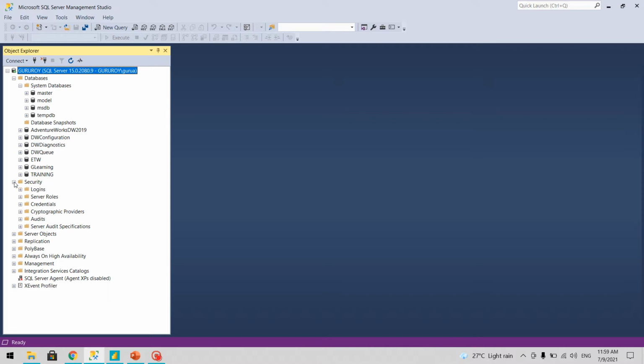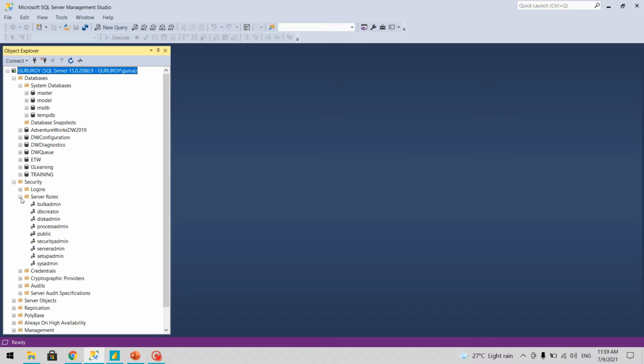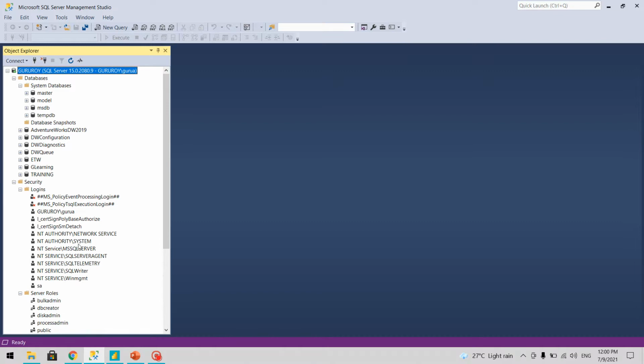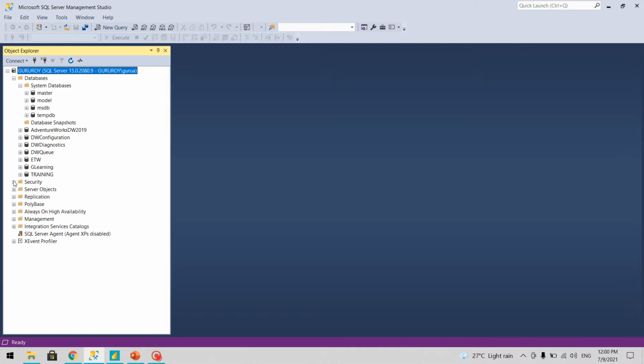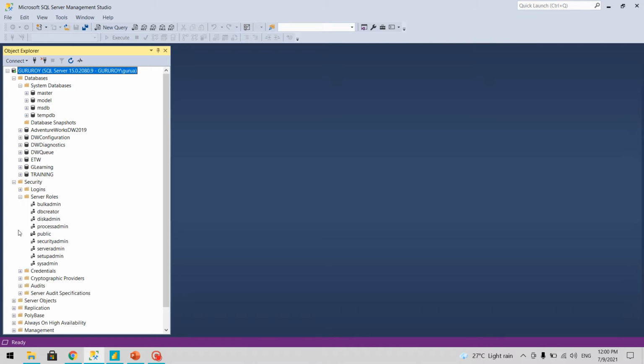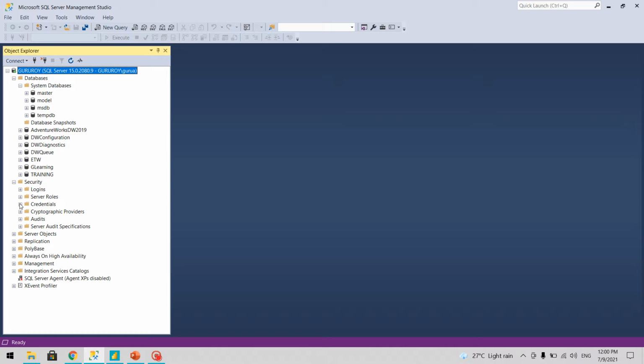Then inside security you will see logins and the different server roles which are associated, like readers and all those roles you will see here. And then logins, the current users which have access to SQL Server, that you can see here. Then you have other objects also which are sometimes required for a specialized login, like credentials.